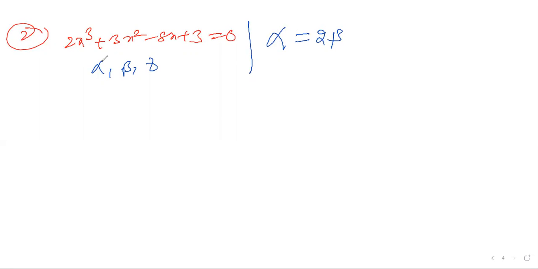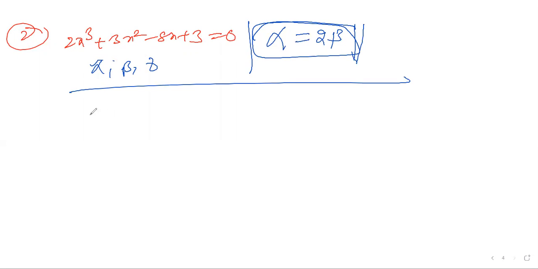So I take alpha as one root. It is double the other root. Alpha is equal to, can I make it 2 beta? Whatever you take, why do you take alpha equal to 2 beta, can I take beta equal to 2 alpha, or can I take gamma equal to 2 alpha? Whatever you take, the answer is correct only. Nothing wrong in that, because these are variables, which you can take as you are comfortable.